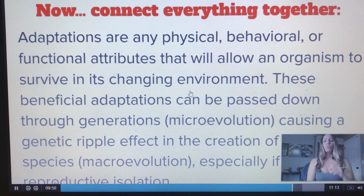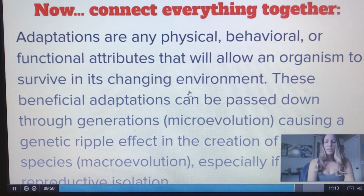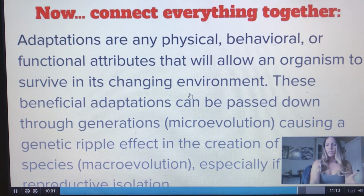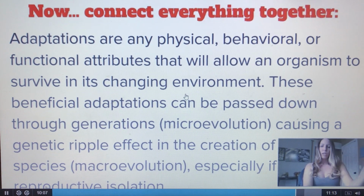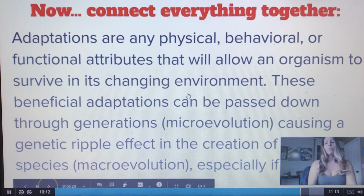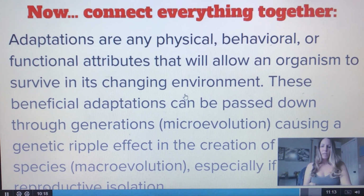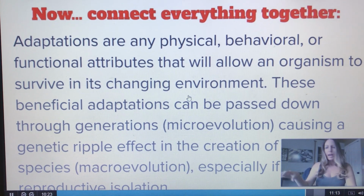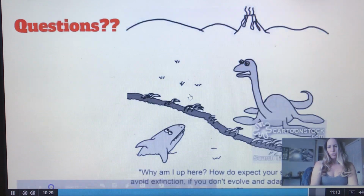So you have to be able to reproduce in order to pass on those microevolutionary traits, causing a genetic ripple effect in the creation of a new species. And again, this is not necessarily going to happen. This could happen. If it does slowly change over millions of years, then we're talking about macroevolution, which again must include reproductive isolation. Guys, you're not going to get a new species if they're all mating together, okay? They've got to isolate on an island, isolate in an area where they're no longer mixing with the normal crowd,